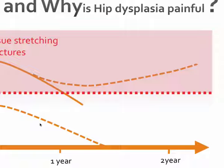Indeed, this is what we might consider to be a second phase of discomfort associated with hip dysplasia, and it can actually occur at any time in adulthood. It may only appear when the dog is much older, say 9 or 10. And the reason for this second phase of discomfort is the development of arthritis, or more specifically osteoarthritis, in the